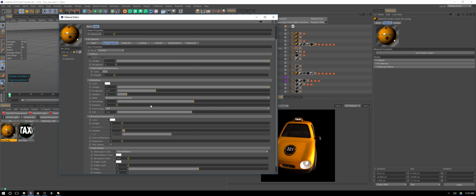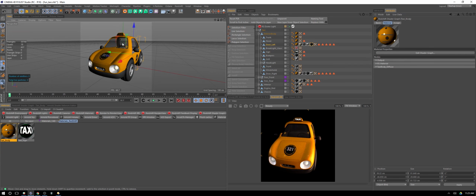And up here, we're going to keep our weight the same. And I'm going to add a little bit of roughness here too. Might be a little too much. How about 0.125? Yep, there we go. Okay. And so now we get a little bit more plastic vibe, but what do we do about that noise